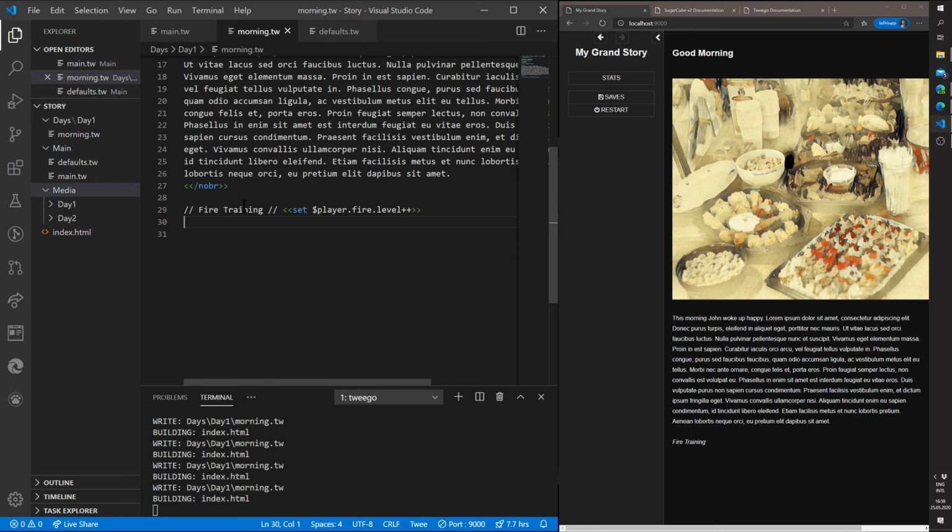So if we now continue, then we add also a link. Let's say now we have a good day, which will take us to the evening. Or not evening, midday. And if you like, see, we will have a fire training. I will give it a space, enter, meaning that we have a little bit of space between those. Okay,